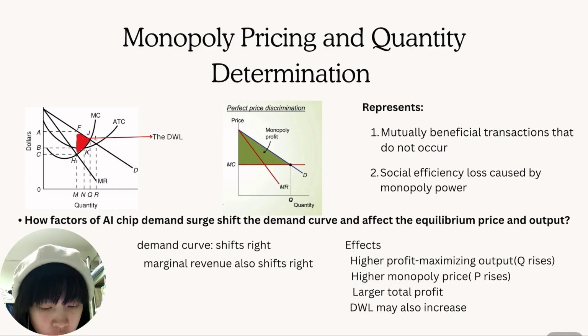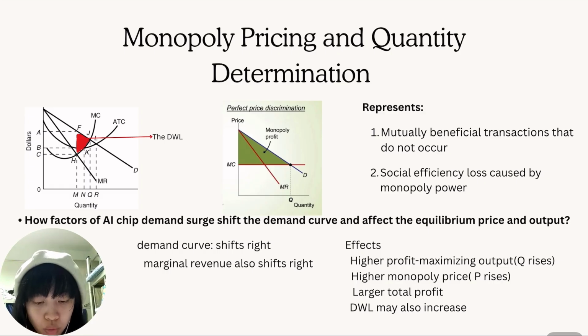Under perfect competition, production will occur where demand equals marginal cost. This produces a higher output level and a lower market price. This outcome maximizes total social welfare. However, under monopoly, TSMC restricts output from Q down to M and raises the price. Because of this output restriction, some consumers who are willing to pay more than the cost of production no longer purchase the product. This loss of social welfare is called deadweight loss. On the graph, deadweight loss is the area between the demand curve and the marginal cost curve between Q and M. This shows that monopoly leads to allocative inefficiency.